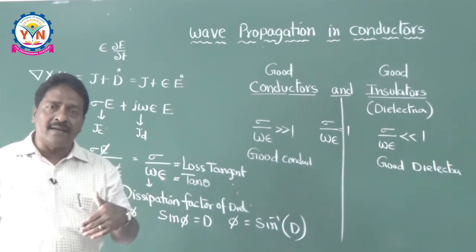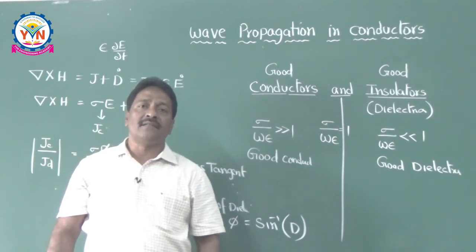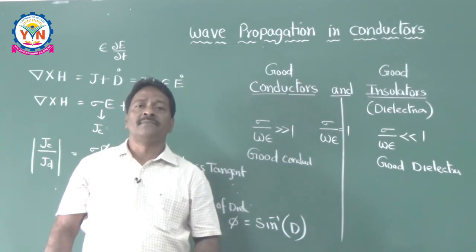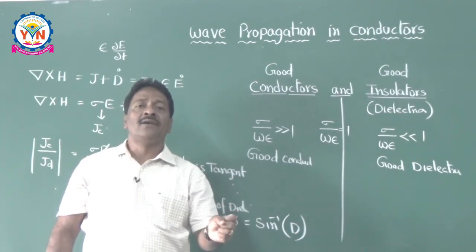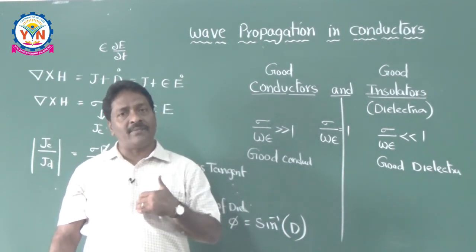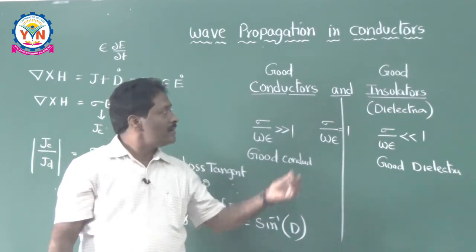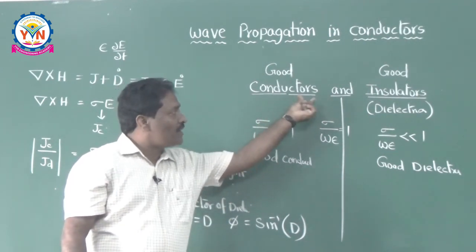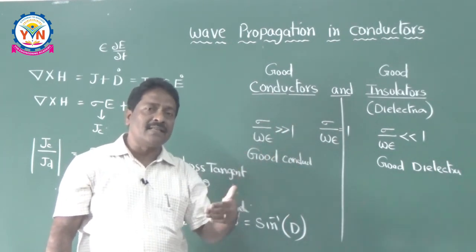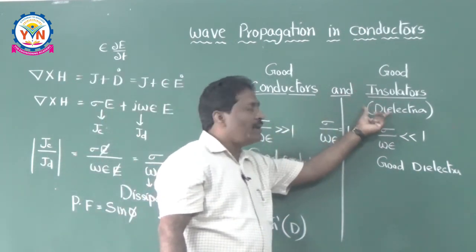And exactly like that, can you see an ideal conductor? An ideal conductor means sigma is equal to infinity. That is also not possible. Idealism is impossible. It is nothing but an illusion. So that's the reason I am telling you, please try to understand that mediums are not so accurate and ideal mediums are not possible. That is the reason you can approximate the mediums as good conductors and good insulators.